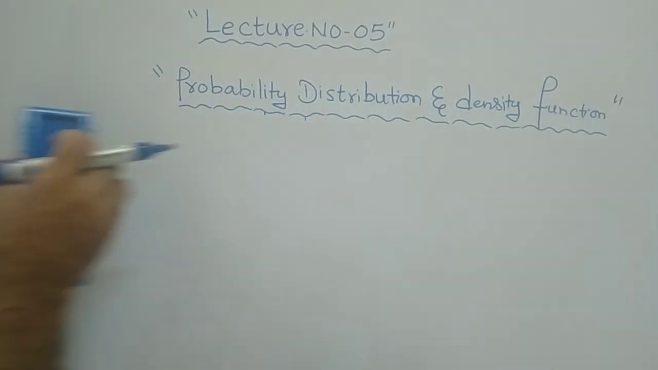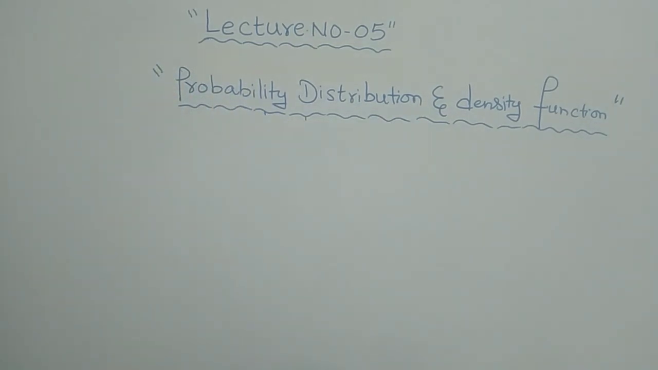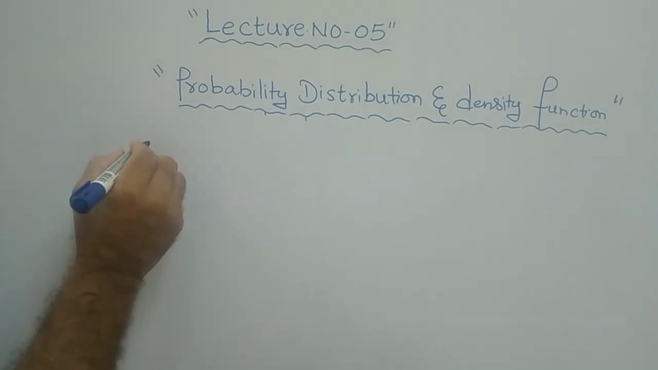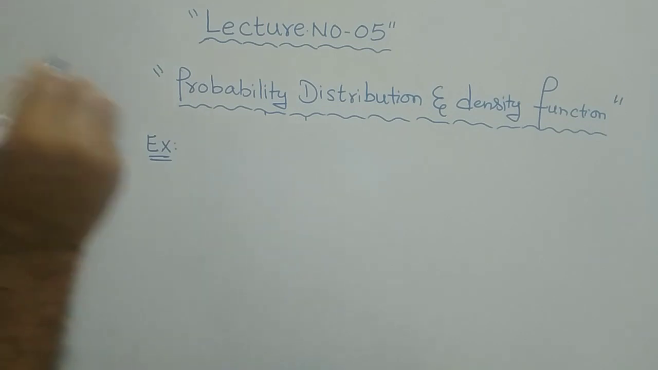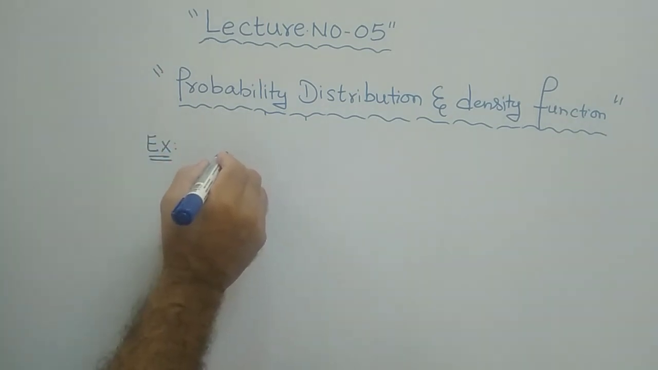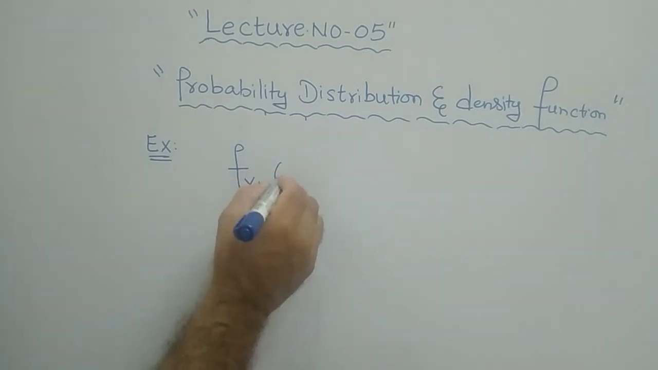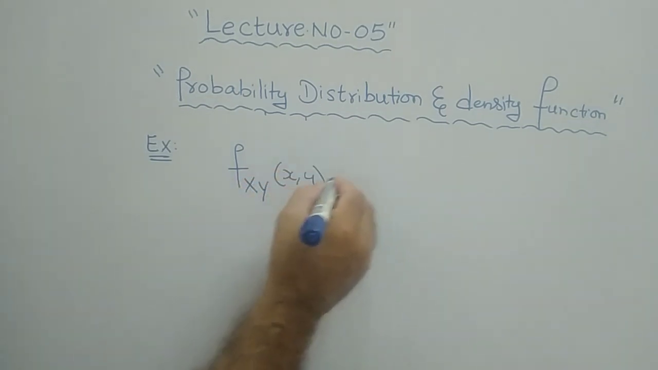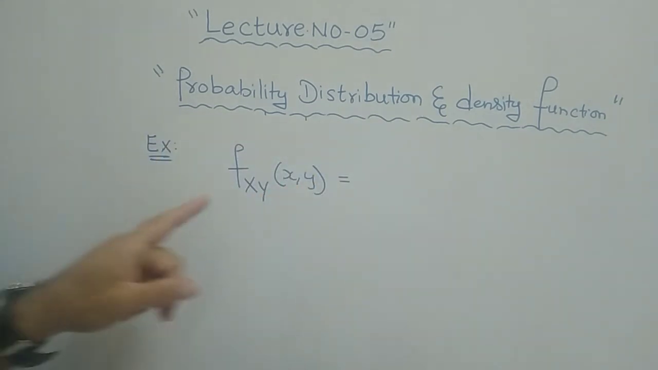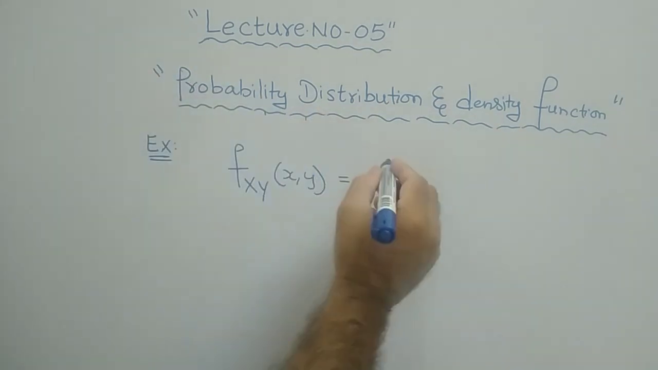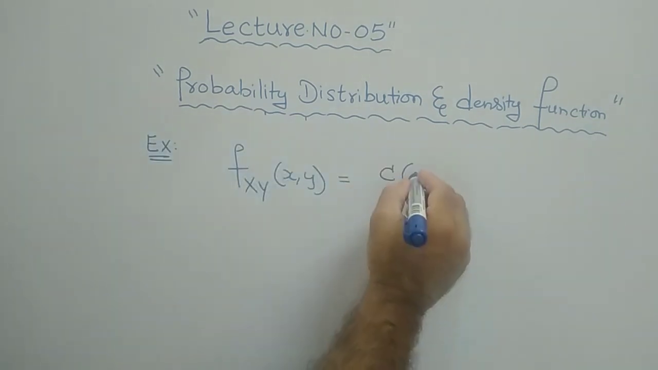What kind of questions will be asked? It is a very simple thing, so let us see an example. If the joint PDF, denoted by small f of xy, is the joint probability density function of two random variables x and y, given as c into (2x plus y)